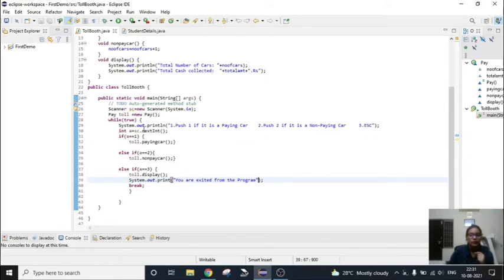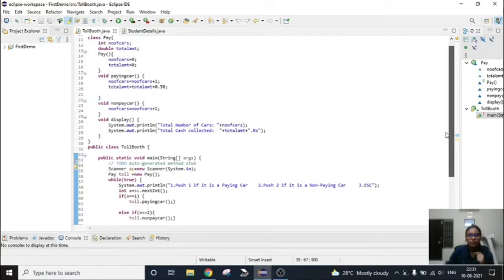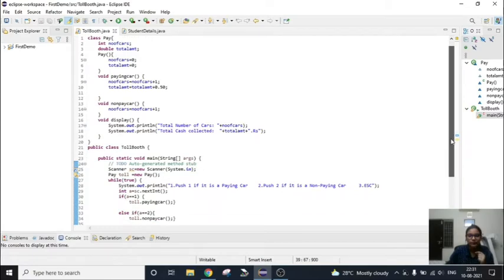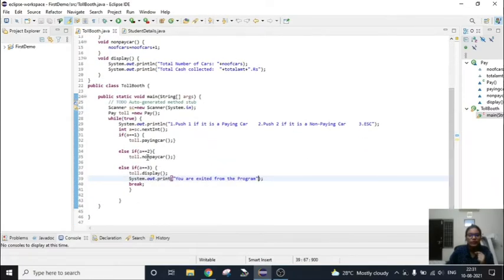I have initialized an A so that these numbers will be stored here, and according to that, if A equals 1, which means paying car, it will invoke the condition here, which takes this paying car, directed to the paying car member function in this class. In this paying car member function, we have number of cars plus 1 and total amount of cash. And if A equals 2, the else if condition,